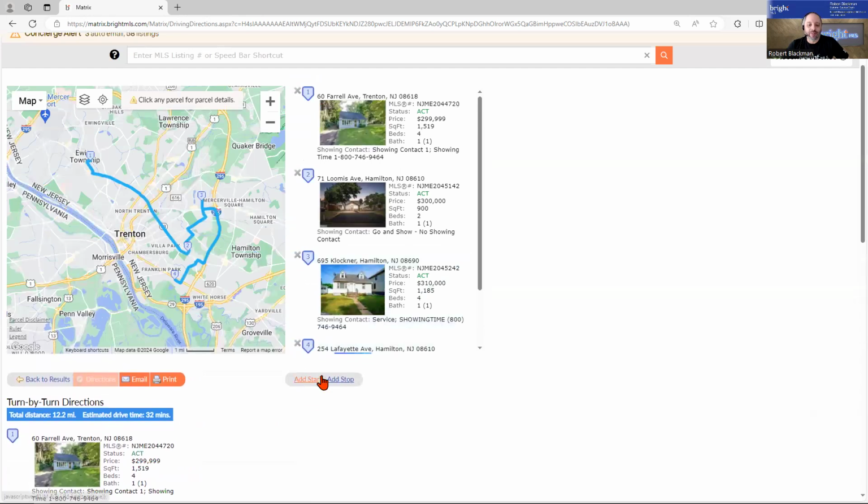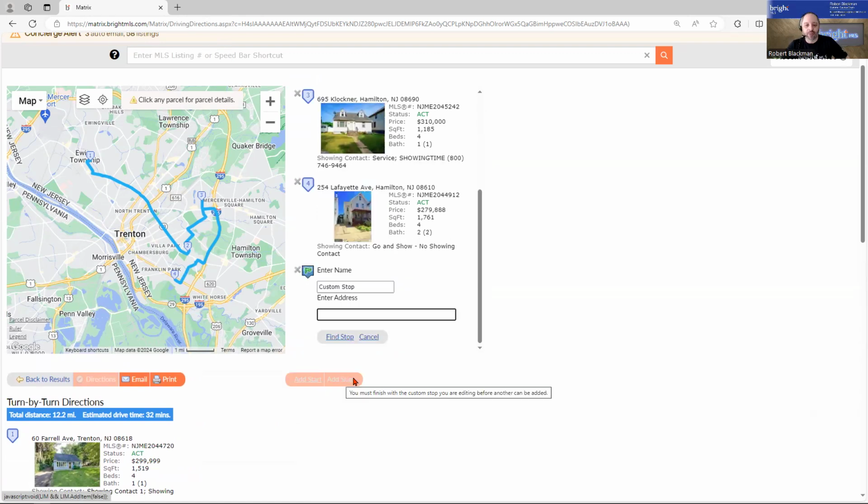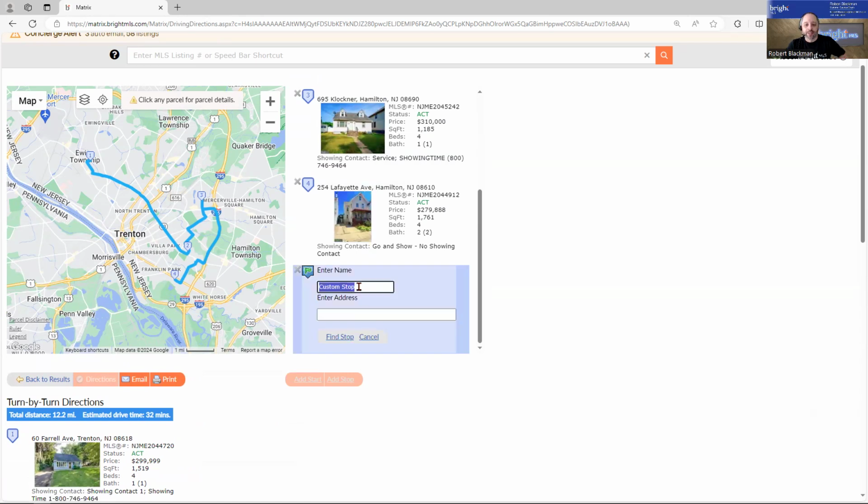You'll also see here if I wanted to add a start location, maybe we're starting from my office, I could put that location in here. I can also add a stop. So if I wanted to go in here, I can add a custom stop. So if I know I'm going to stop for lunch with them and we have a place that we're going to do that, let's say